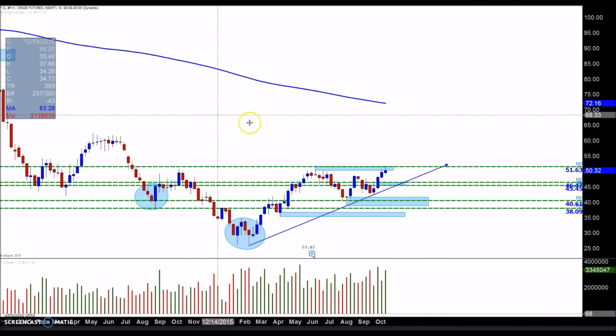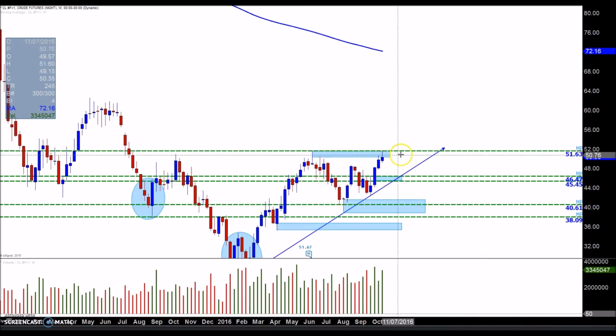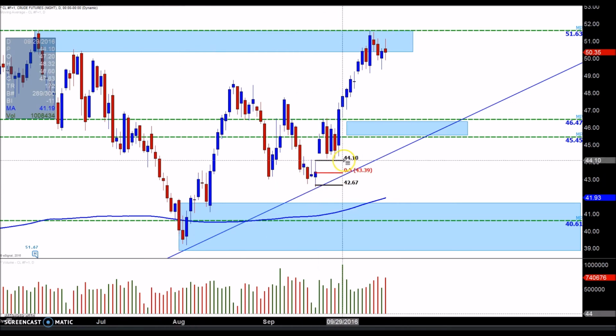Crude, again, it's overextended in my personal opinion, coming up against support, coming against the resistance level or levels that I have here. So again, a break of a low for the week, or if you want to dig into the daily, you can also see a break below this area. They had that huge capitulation move, and again, this was where some people might have gotten in, and this is where you get out. So it gave a slight buy signal, but again,